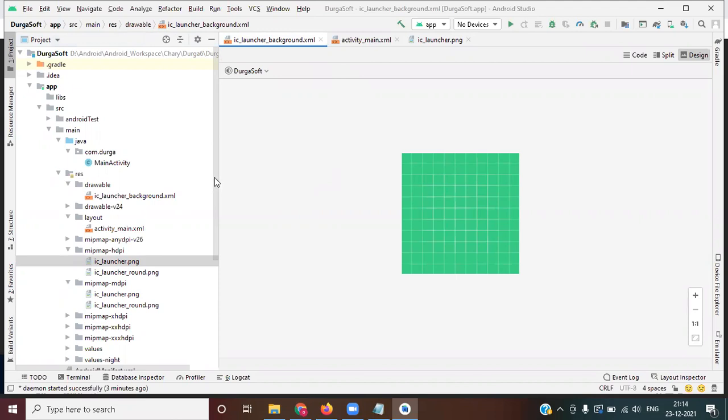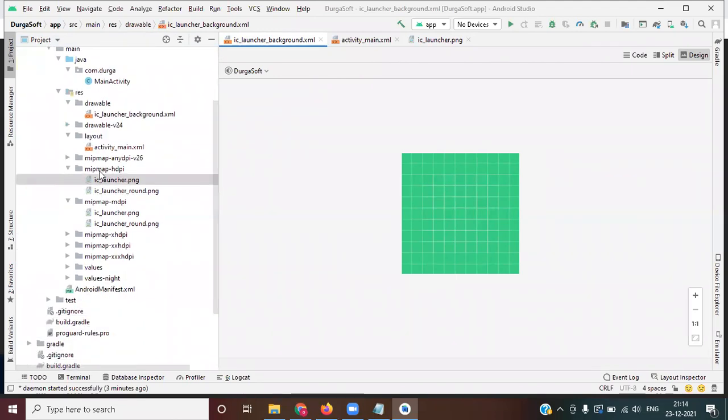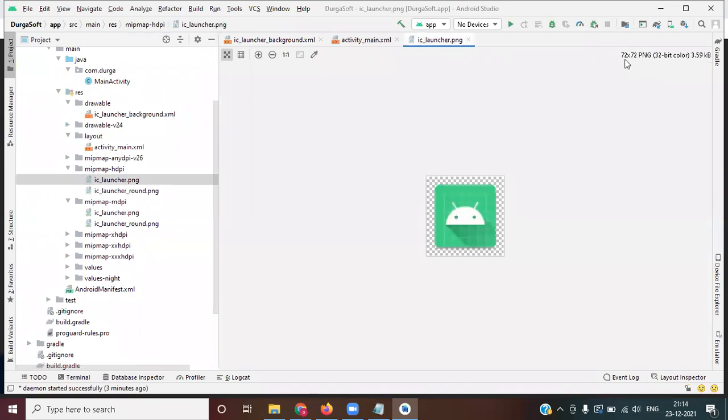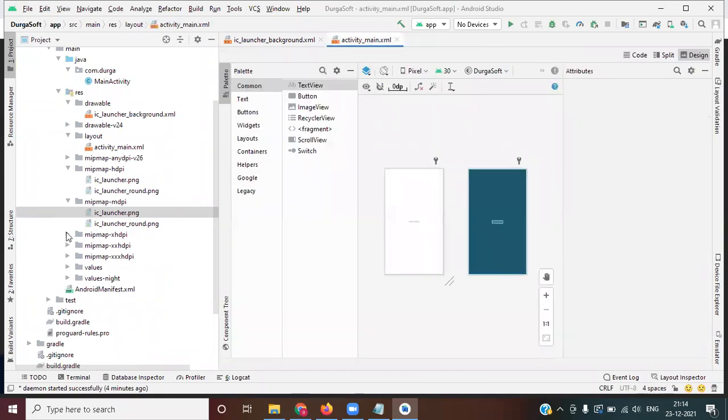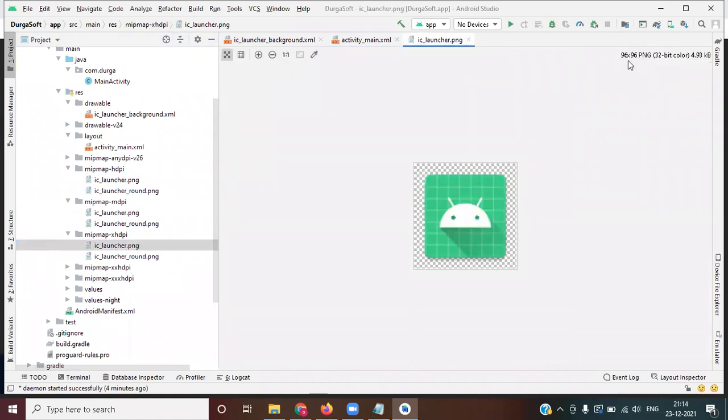Earlier, this is very old technology, whatever I am telling now. Earlier we had folders like HDPI, high density, which will load an image of 72 by 72 pixels. MDPI, medium density, image size is 48 by 48. Next XHDPI, 96 by 96.